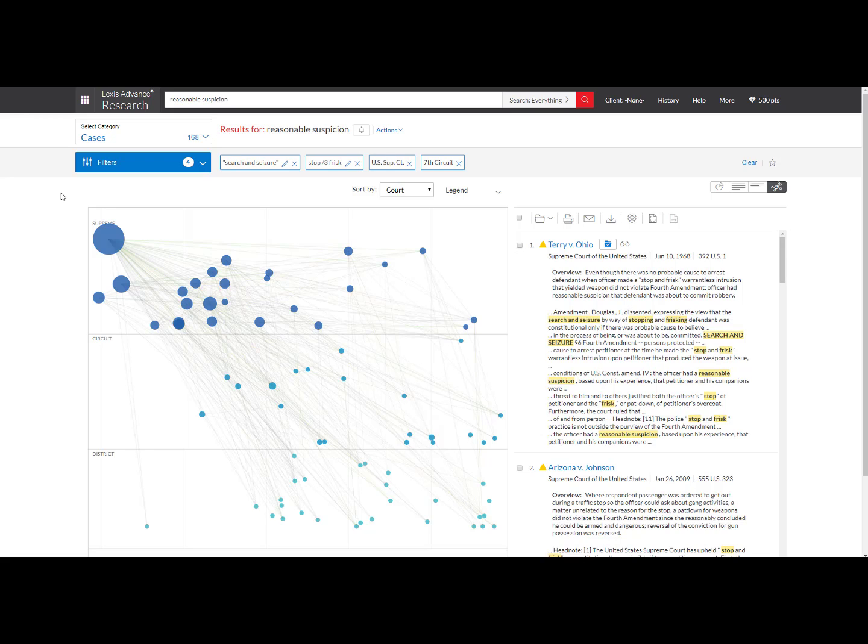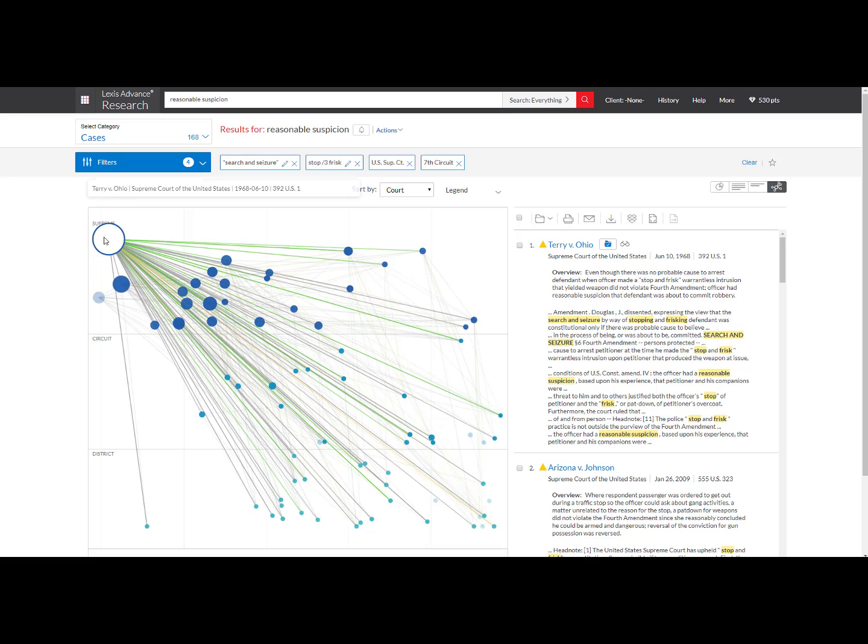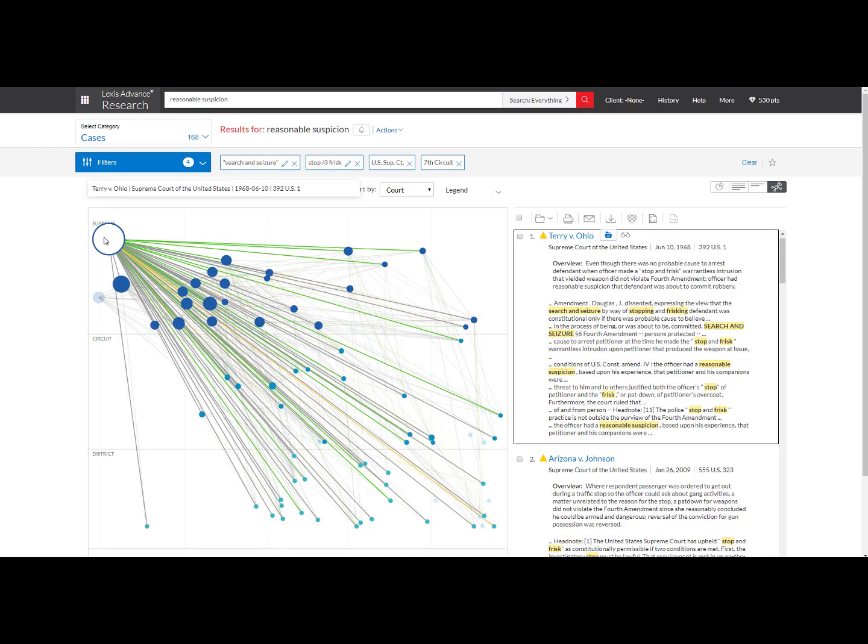the largest circle. Here, we can see that the largest circle represents the case Terry v. Ohio by hovering over it. To see a preview of this case on the right side of the screen, click on the circle. You can get the full text of this case by clicking on the case name in the preview box on